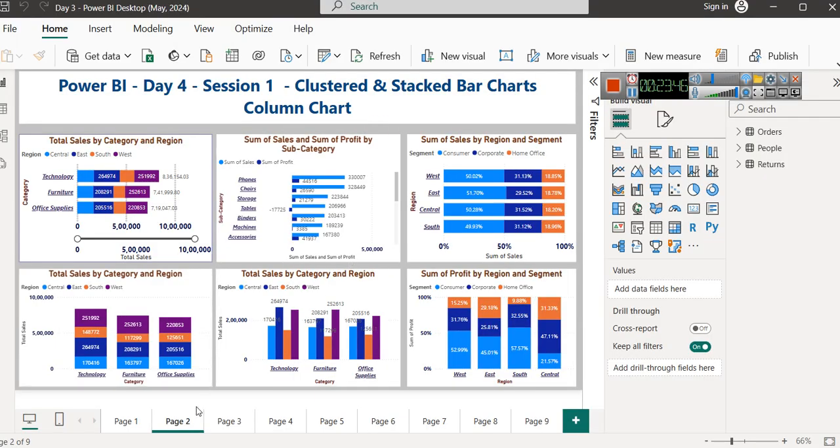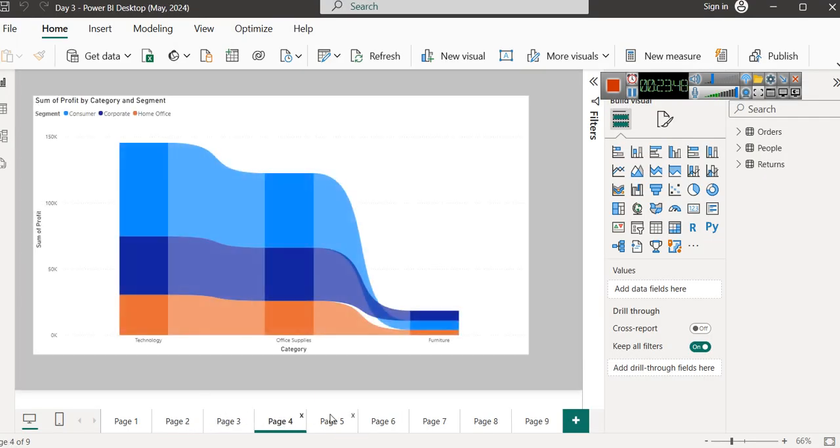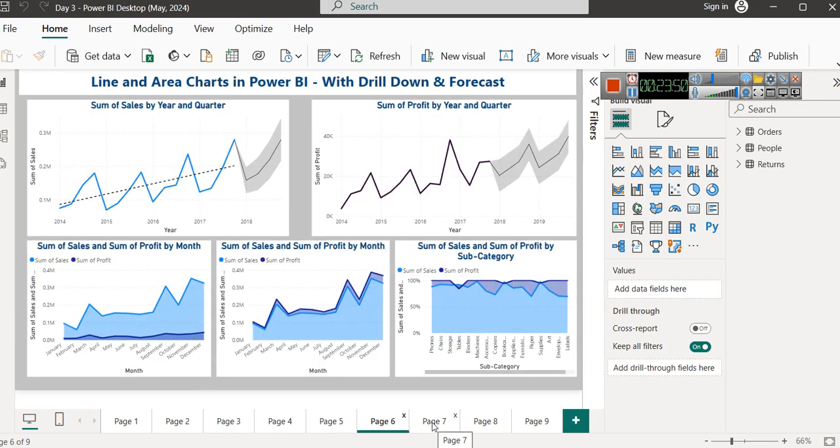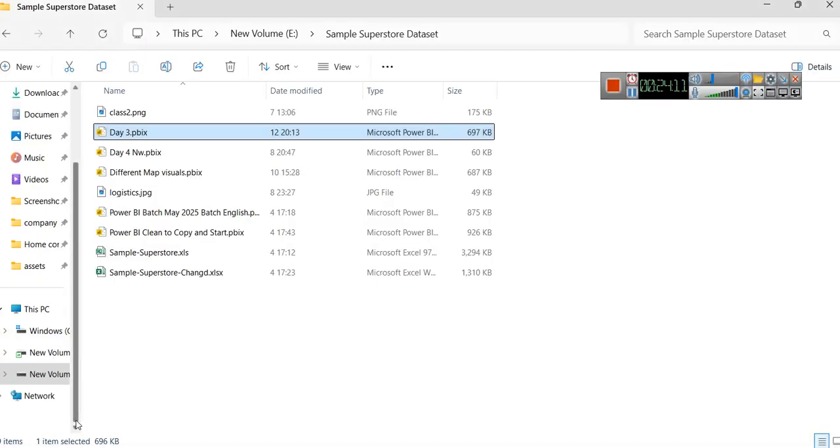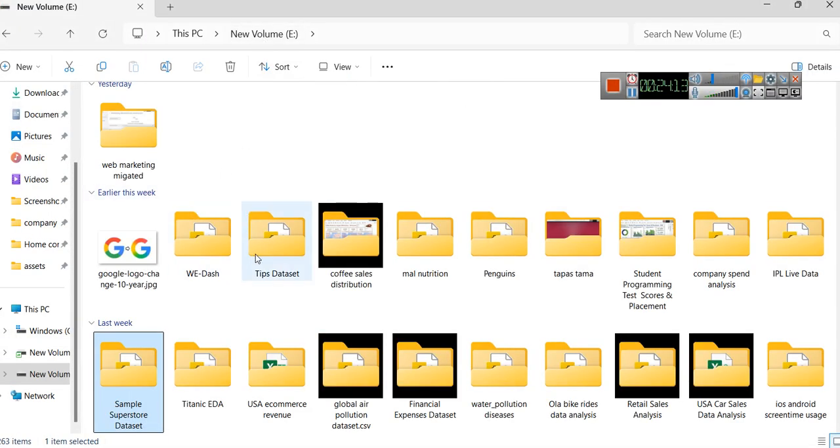So here is what we learned previously, right? Like how to prepare these types of simple dashboards. This is showing us year-wise sales and some sales forecasting. This is sales and profit by month. Here we are understanding sales by different categories, regions, segments, etc. So on the basis of this, we are going to prepare a lot of reports, and by a lot I mean a lot of reports. And let me show you